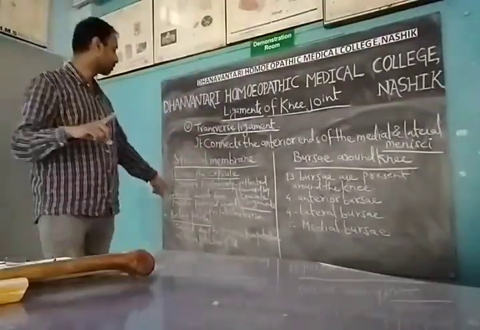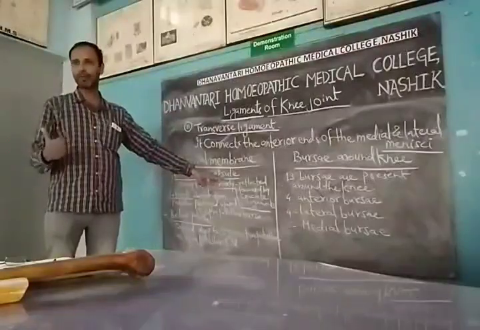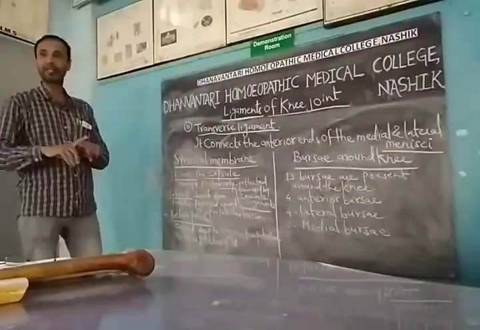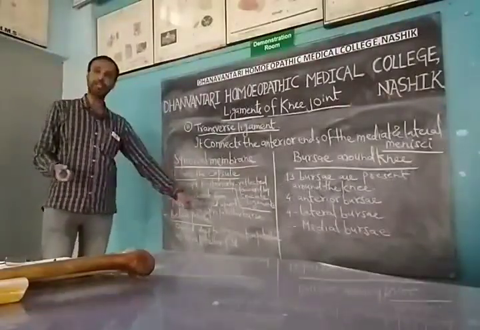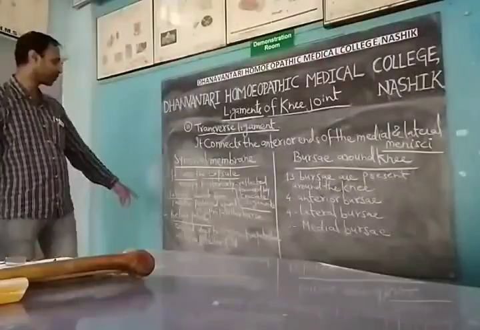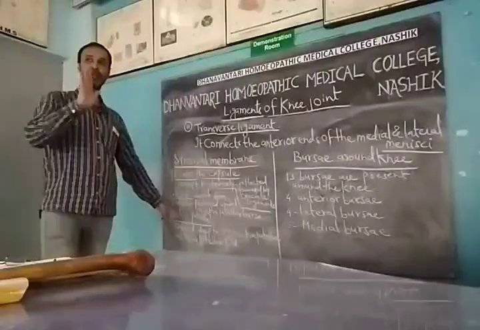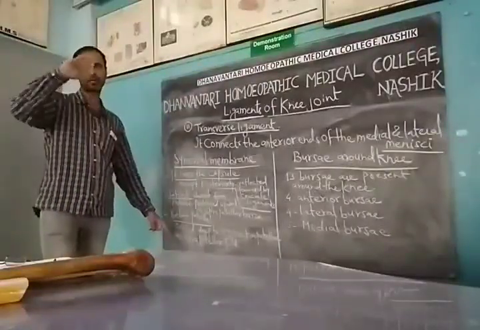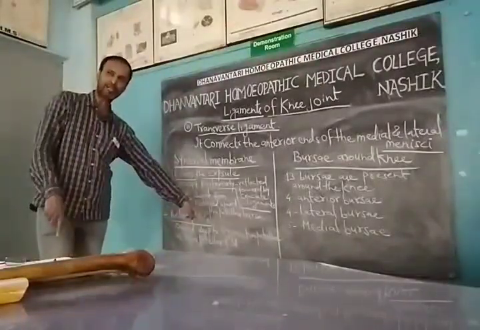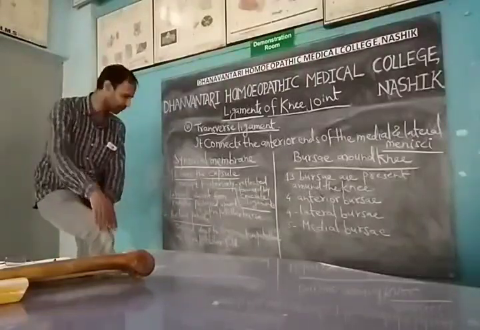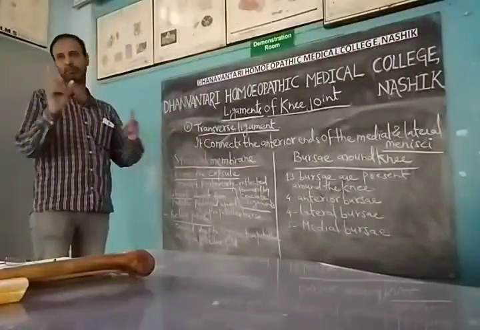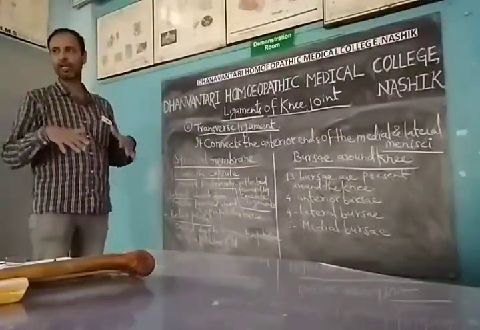So posteriorly the synovial membrane is reflected forward to the cruciate ligaments, covering both of them. Second, in the anterior part, because the patella is there, the membrane is absent from the patella and prolonged upward as the suprapatellar bursa. Then below the patella, it extends deep to the ligamentum patellae as an infrapatellar fold. So these are some of the folds and bursae formed by the synovial membrane.